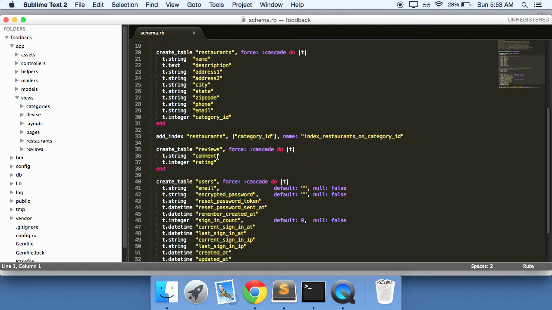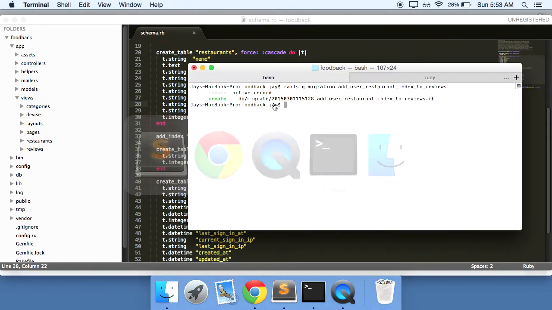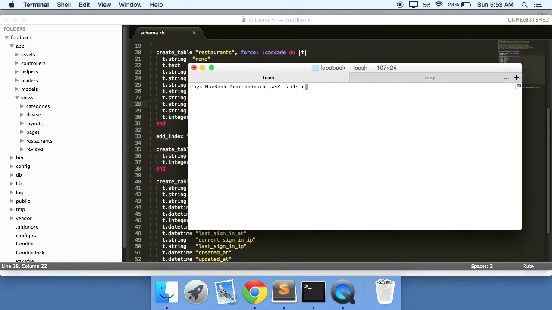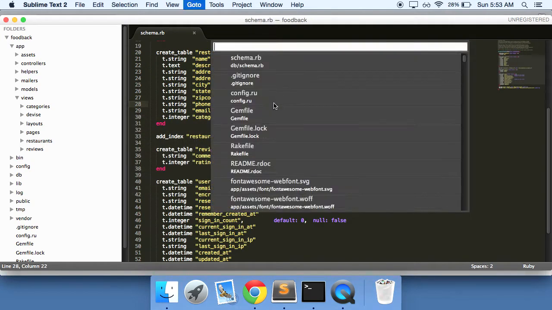you'll see that the reviews table doesn't have anything tying it to restaurants or to users. And so what we have to do is what we did for categories and restaurants up here, is to index a user ID and a restaurant ID to our reviews table. So what we need to do here is rails generate migration add user restaurant index to reviews. So it goes through, creates that for us,